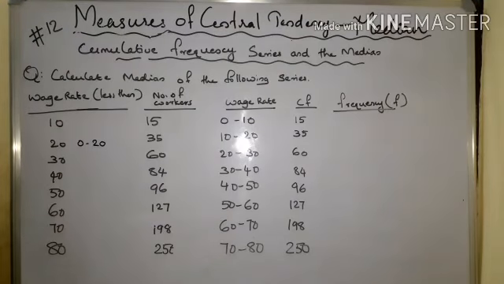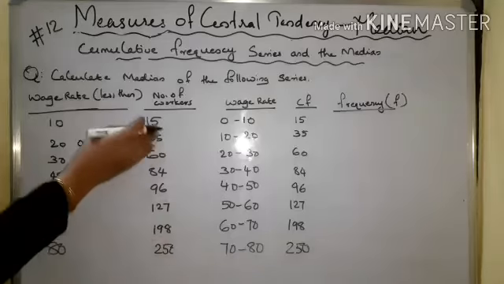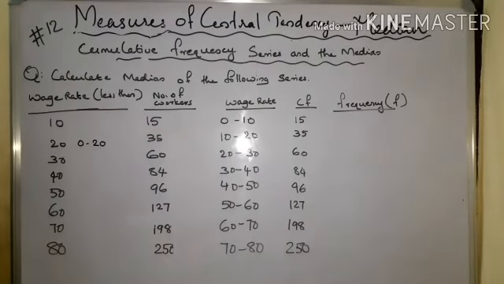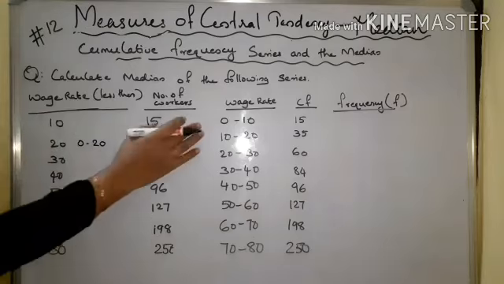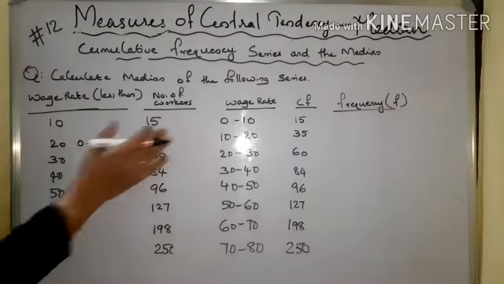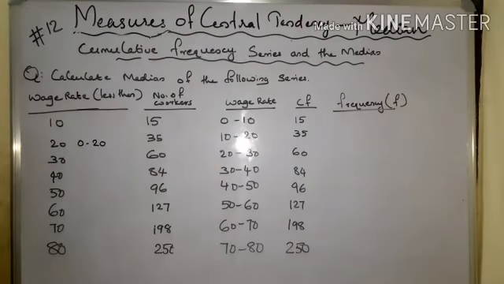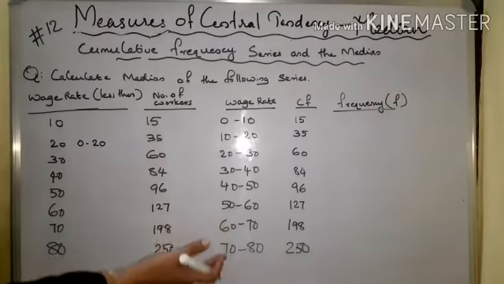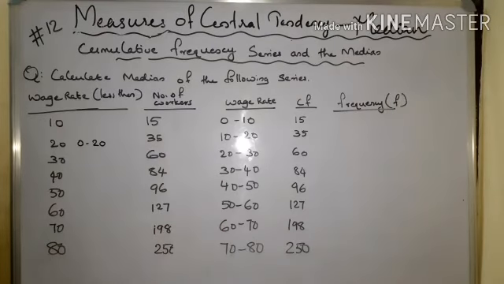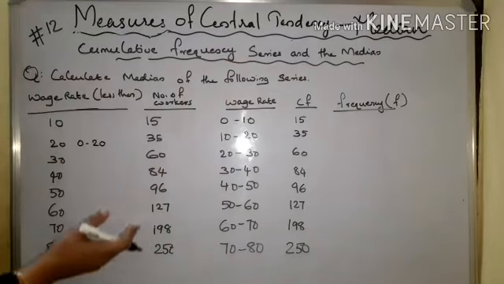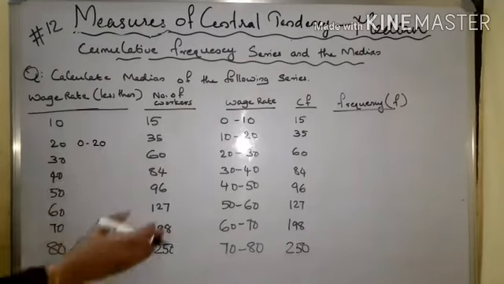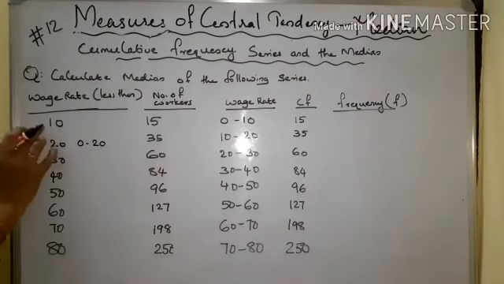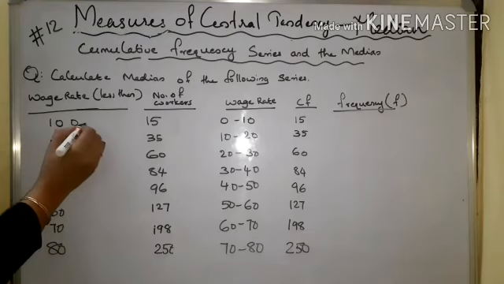But the cumulative frequency given in the question, converted into the normal frequency, that step is quite different. So less than 10 is 0 to 10, less than 20 gives the next class interval 10 to 20. In that way, we first arrange the class intervals. Then the next step is the number of workers, which is the cumulative frequency given in the question.